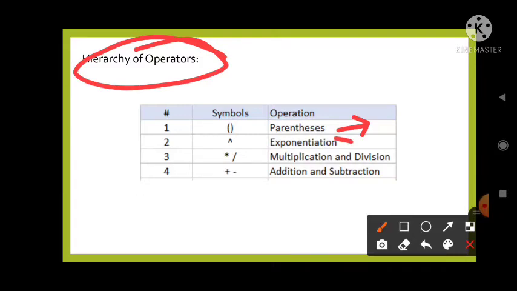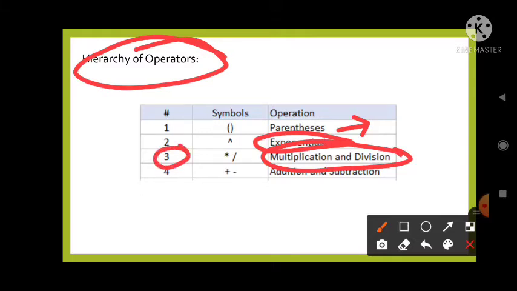Then exponentiation, okay, this will be executed. Then multiplication and division, both of the operations are having the same precedence, that is 3. Next one is addition and subtraction, it is 4. Okay, got it?